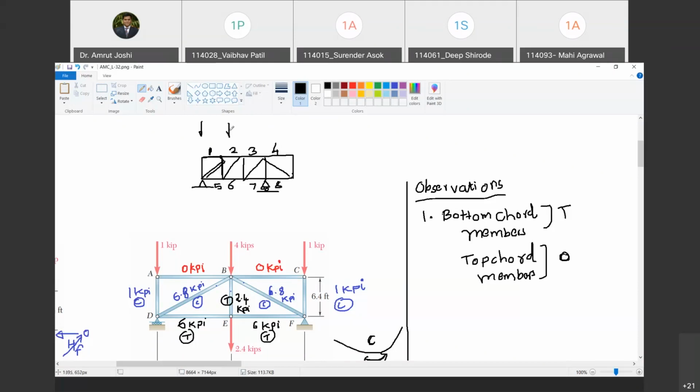ये truss के ऊपर downward loading है. तो अब जरा imagine करो, if you have placed a truss like this, it deforms in this fashion. आप एक एक्सरसाइज करके देख सकते हो. Just keep your notebook. Have a pen support here, and apply loading here and here. इसका deform shape कैसे दिखेगा आपको? You will see that it looks something like this.